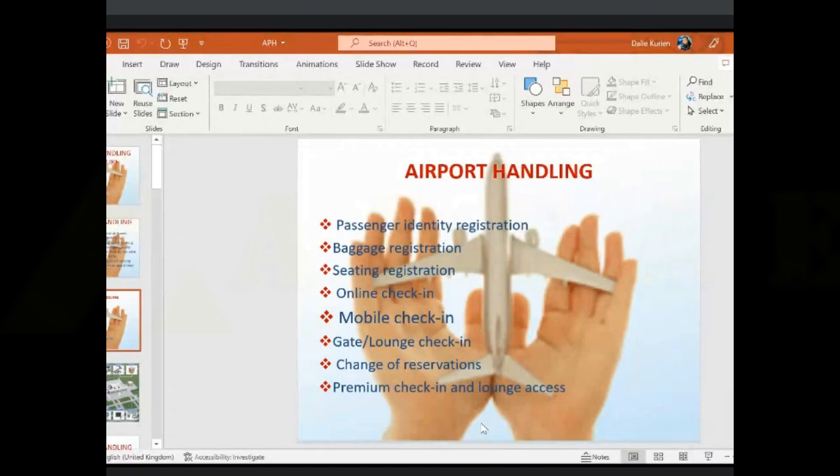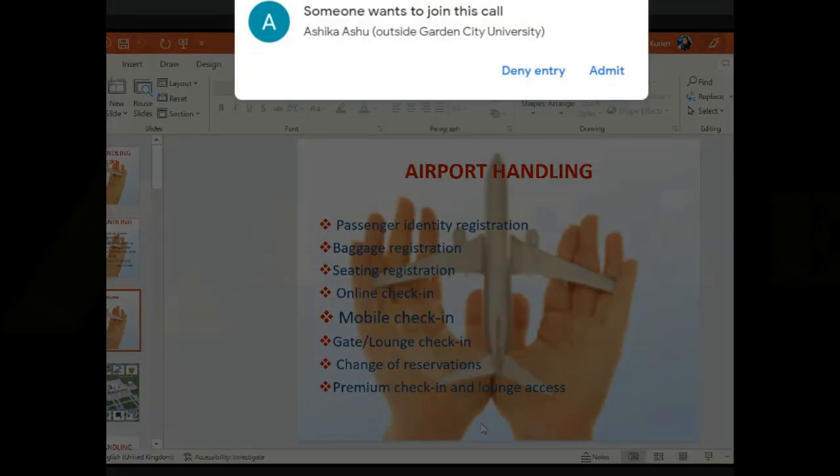Now, coming back to the topic, you place the bag. The staff will ask you, do you have any prohibited items? I will show you the list of prohibited items when I talk about them. In your check-in baggage, you have a list of prohibited items you are not supposed to carry,